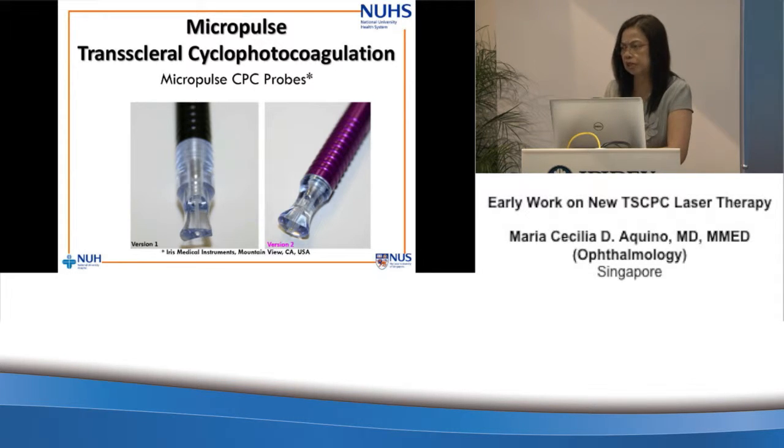Well, we had experienced that in the earlier version, there are certain situations where the conjunctiva is caught as you move the probe around. But that's easy to remedy. You just release it, reapply the probe again, and slide it again. But if the conjunctiva is chemotic, then it may be a little bit difficult. That's why with the new probe, version 2, it's easier to slide. This is a video showing